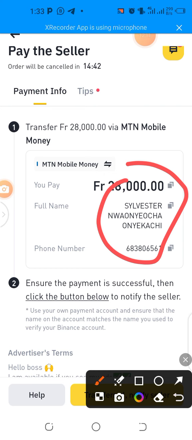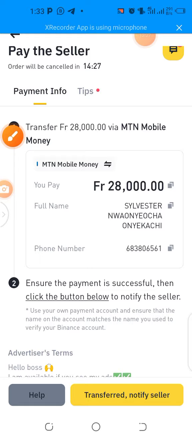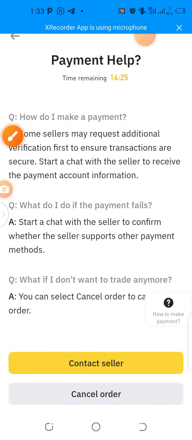Sylvester Nwayecha Oyechika. So this, I think this is Nigerian. Now, the information is clearly written: the person's mobile money number and the person's name. Now, this is what some people do. Let me cancel this order before we get to